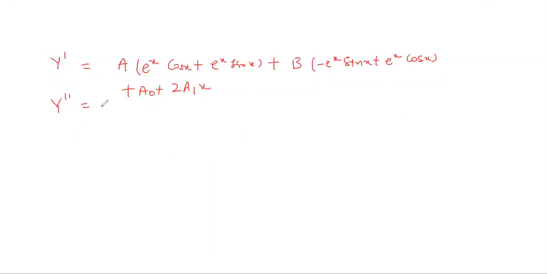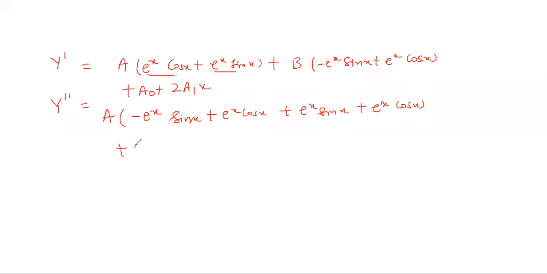So that I've written. And then y double dash will have two terms further. Using the product rule, you will have e raised to power x cos x plus e raised to power x sin x plus e raised to power x cos x plus b times